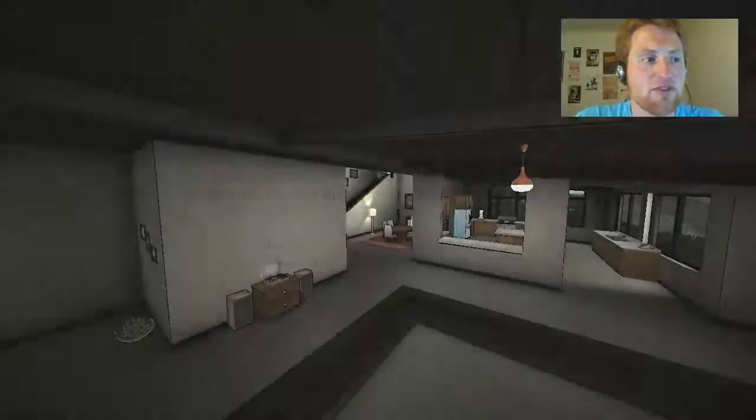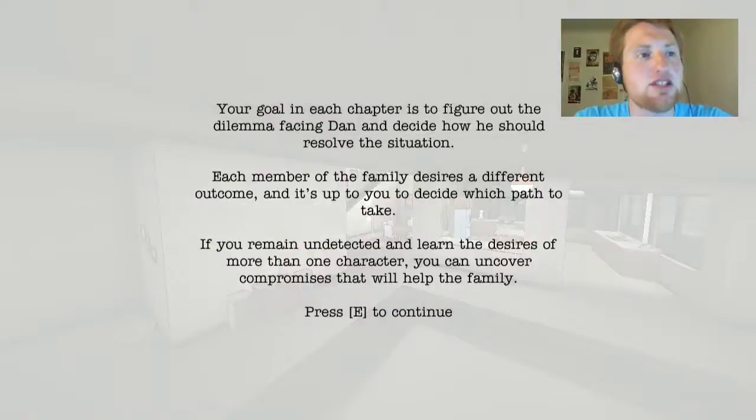August 31st, family moves out of the house. Your goal in each chapter is to figure out the dilemma facing Dan and decide how he should resolve the situation. Each member of the family desires a different outcome, and it's up to you to decide which path to take. If you remain undetected and learn the desires of more than one character, you can uncover compromises that will